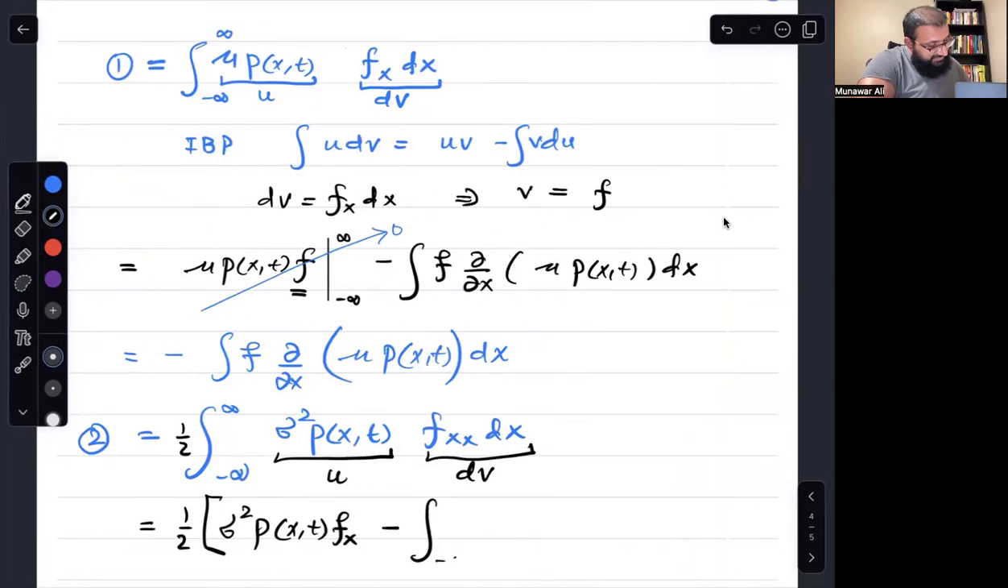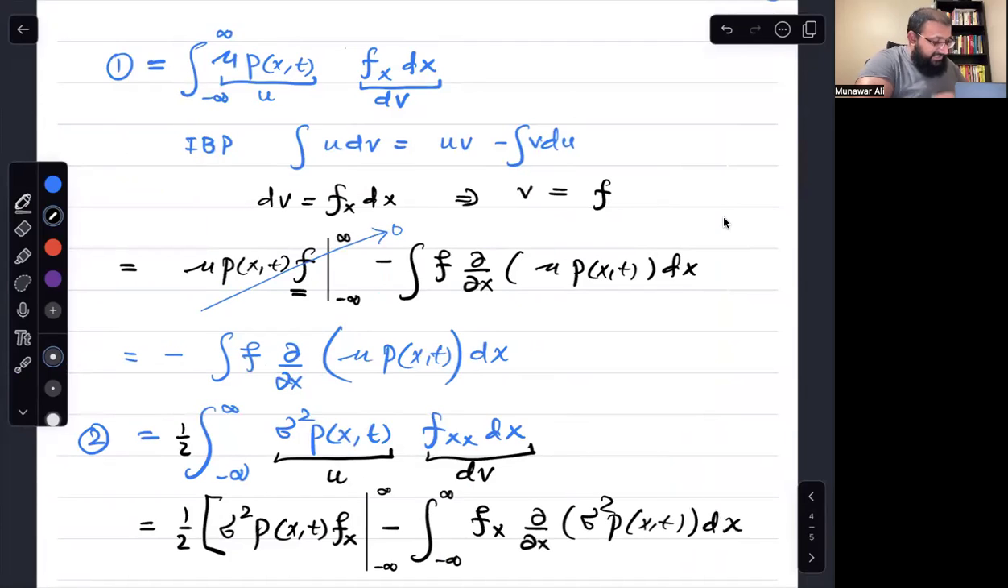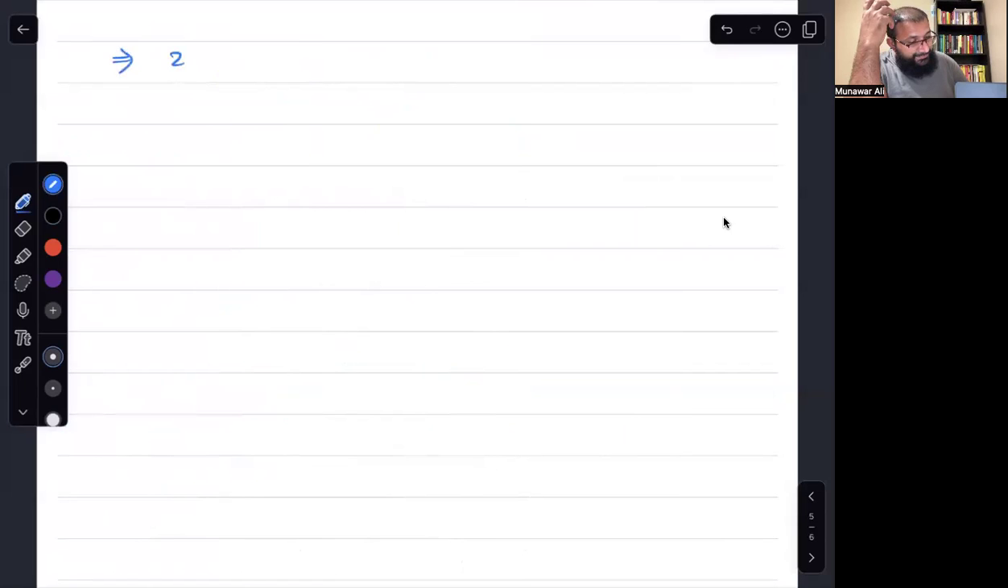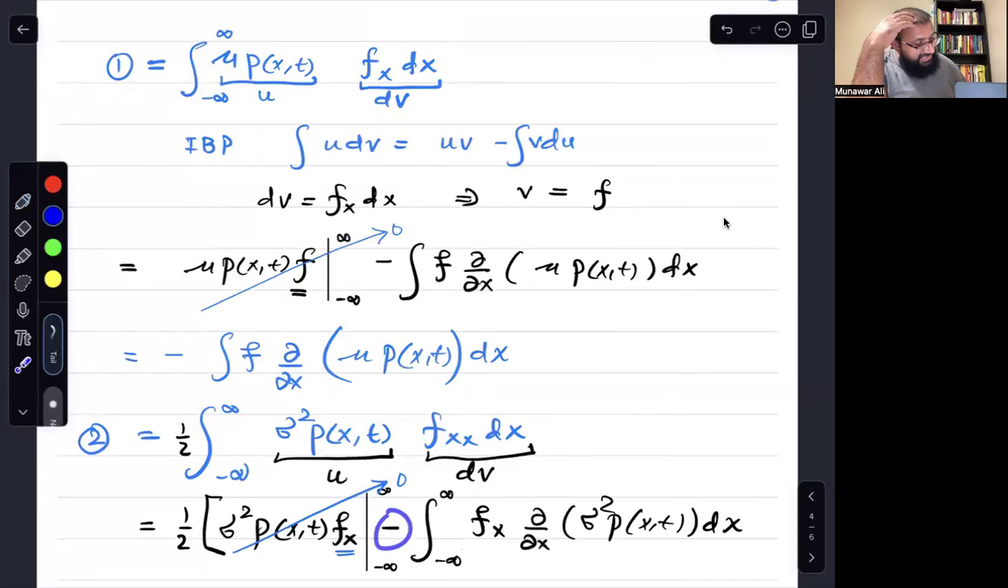Let me write negative infinity to infinity here as well. And now I have v, which is f_x, and partial by partial x of sigma squared p of x,t dx. And I will apply the same reasoning for this, the derivative of f with respect to x, to be 0 as well at infinity and negative infinity. Then my 2 would be equal to minus 1/2, because you can see I have this negative sign and this 1/2,